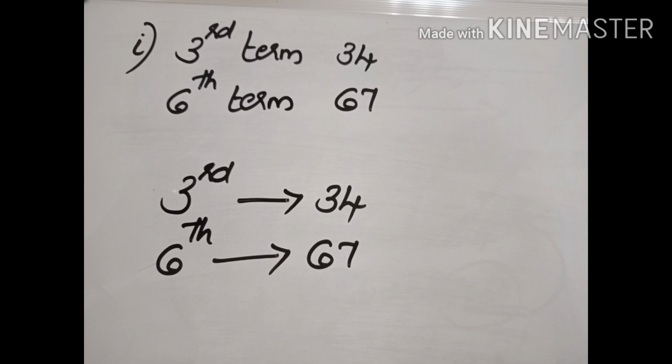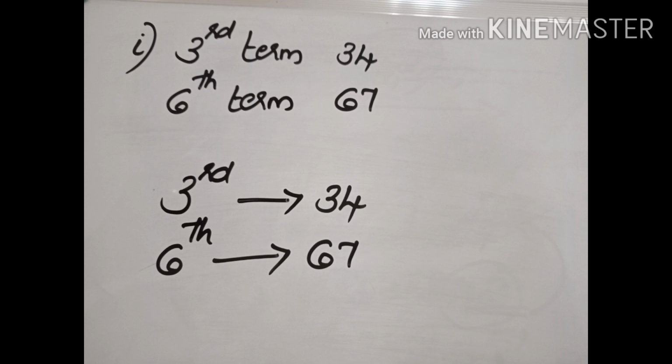Now, here you have to find the first 5 terms. So, an arithmetic sequence means we must know the common difference. I told you common difference is the backbone of arithmetic sequence. Only with the common difference we can do equations and we can find the answers also. So here we need common difference. And here you can see consecutive terms are not given. Third term, then 4 and 5 terms are not given, then sixth term is given.